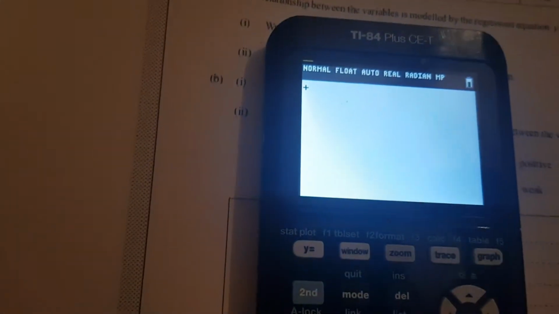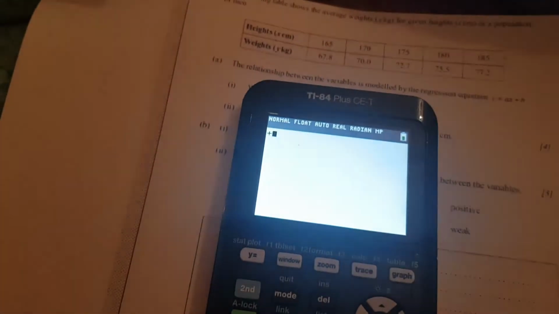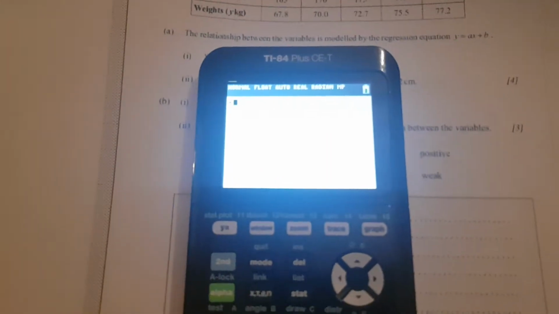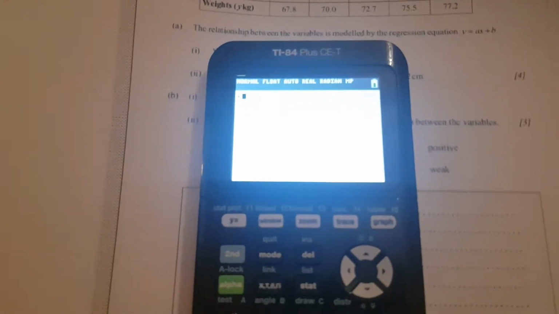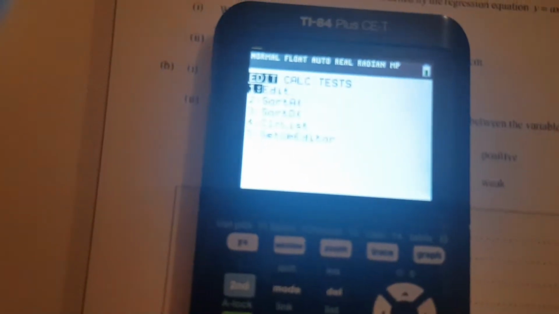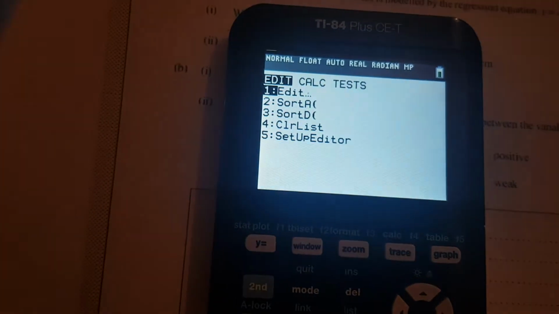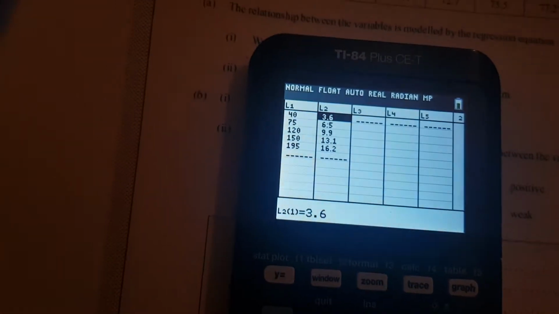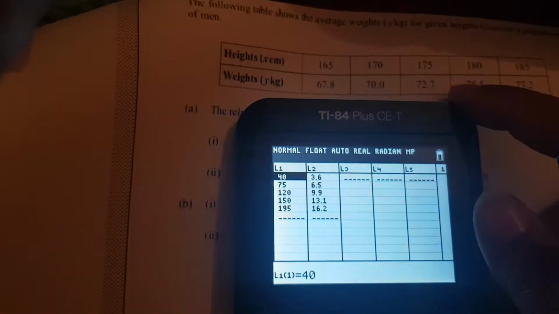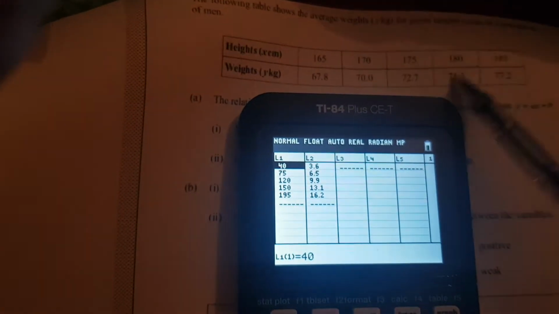Okay. From your graphical calculators, if you have Casio, please go to your menu, and in your menu you will have stats. When you click stats, you will get a table where you will input your data. So in list 1, let me go on my calculator as well. Okay, in list 1, I'm going to put the data of my question. I will input this particular data, which is